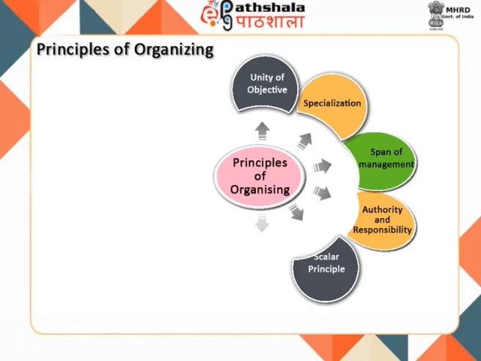7. Continuity and flexibility. This principle implies that the entire organization structure should be arranged in such a manner that it is long lasting and continuous to exist. And for this, such a structure needs to be flexible so as to incorporate the desired changes as and when required, arising out of internal management or external environmental demands.